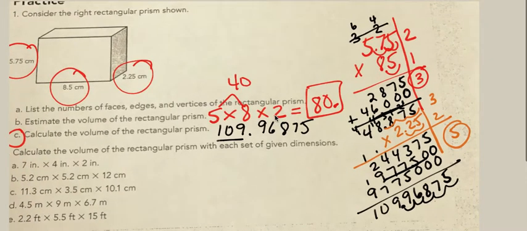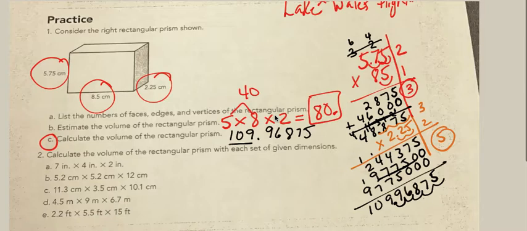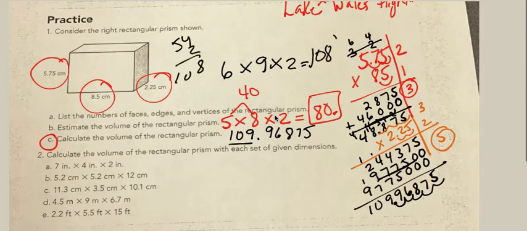If I would have rounded up, I could have even said the 5 could have been 6. The 8 would have rounded up to maybe 9, and then the 2.25 would have been 2. So 6 times 9 is 54, and 54 times 2 is, oh, look at that, 108, which is very close to